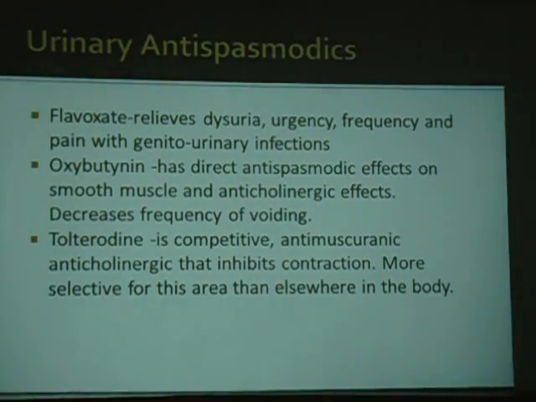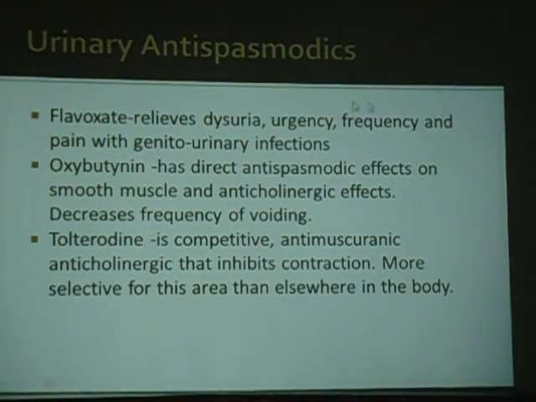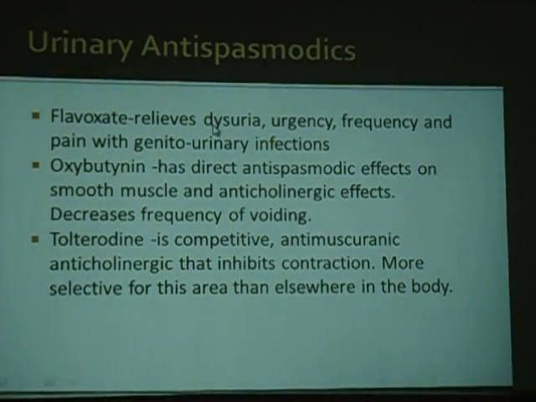Coming to the next group of drugs, urinary antispasmodics: flavoxate. It is used in dysuria, urgency, incontinence, and pain with genitourinary infections, so that spasms are relieved. Oxybutynin has a direct antispasmodic effect on the smooth muscles and an anticholinergic effect. It decreases the frequency of voiding. This frequency of voiding will be increased in